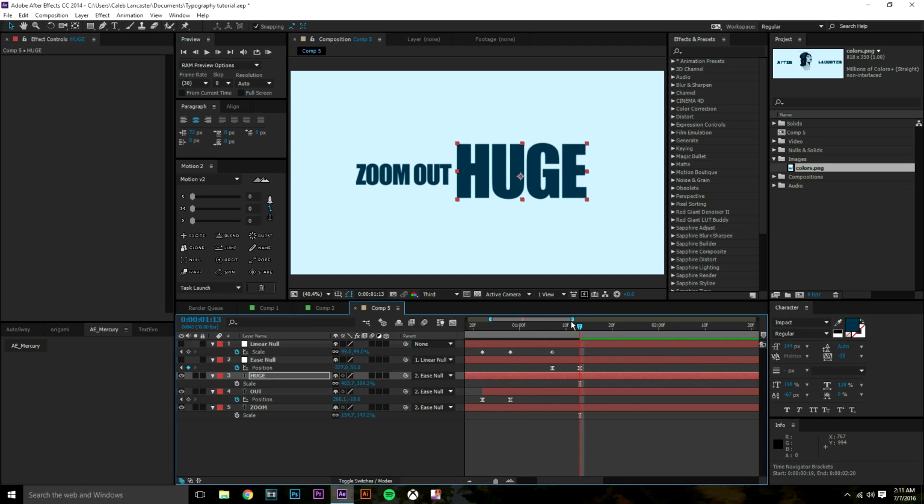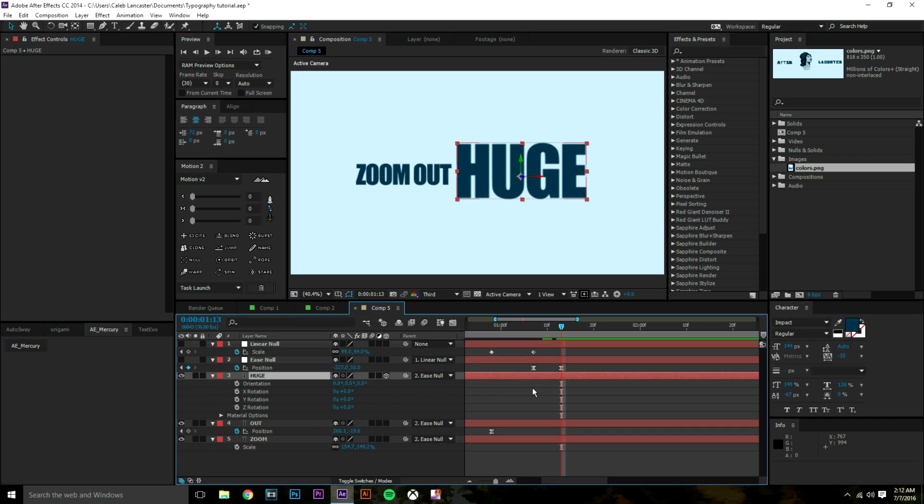Alright, and we have our position movements there. And now the text. So how do we get it to come off of the x-axis? Because if you pull up the rotation right now, there's no option to actually animate the x, y, and z rotation. All you have to do for that is you see this little cube right here. And if you don't have that available, it's because you have this toggle switches and mode thing set to this area where you have your track mats and your modes. So just click that, and then you turn on the cube to make it